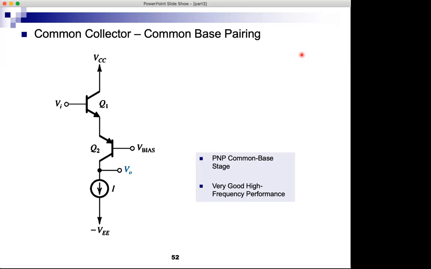And another difference between NPN and PNP is typically the value of beta for the NPN is larger than the value of beta for the PNP. And if I had to use just one amplifier to get maximum gain, then the NPN would typically give me more gain than the PNP. The advantage of using the PNP in this case, and the case of this combination of common collector, common base,